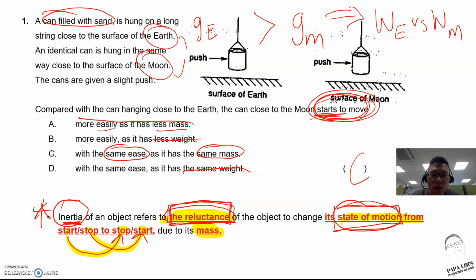So one thing for students to take note of is, when do we use inertia? Okay, usually the questions target the split instant whereby the motion changes either from start to stop or stop to start. Okay, so that will be the cue. Okay, hope this